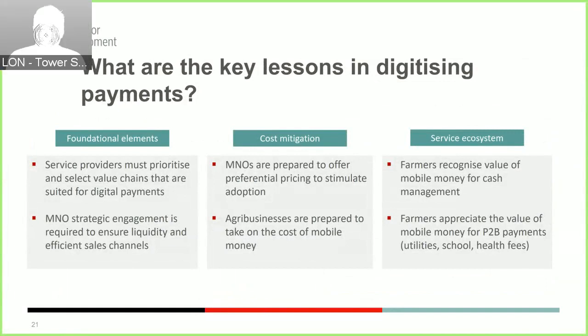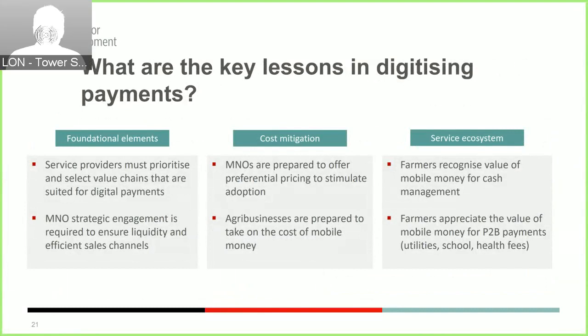Our field research also shows that managing money through a mobile money account has potential to instill responsible financial behavior, and we've seen that from other organizations looking at the space, for example, CGAP. This stands in contrast to the process whereby farmers receive large lump sums of cash in hand and feel they have to spend it immediately.